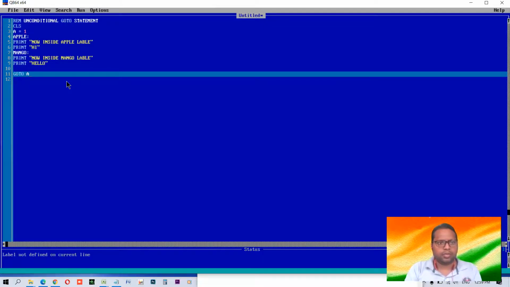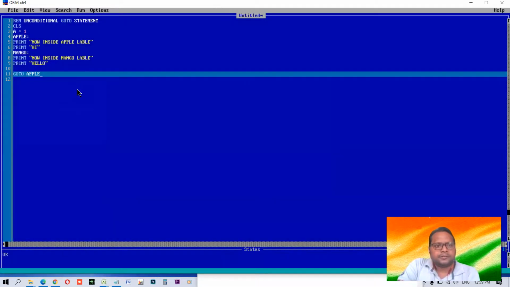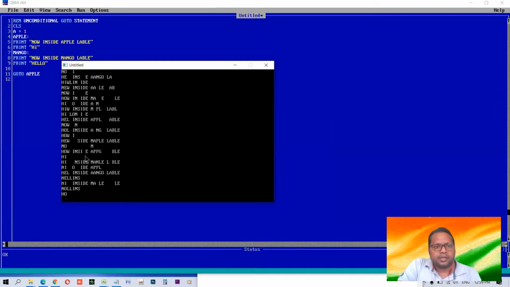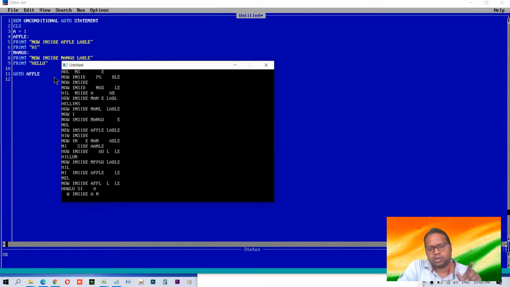Go to apple and see what will happen now. It's doing the same. Don't bother about what is happening. It's going to apple, printing now inside apple, then hi, then again it will print mango, then hello, and then again going to apple. The thing that was happening in the last case with numbers is now happening with text.